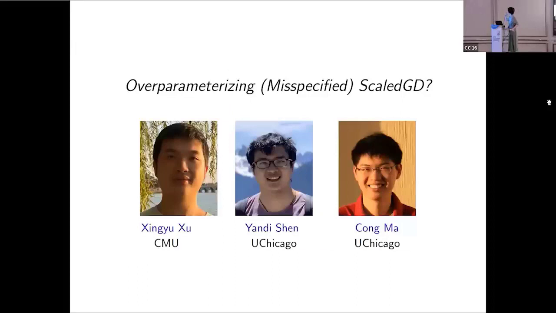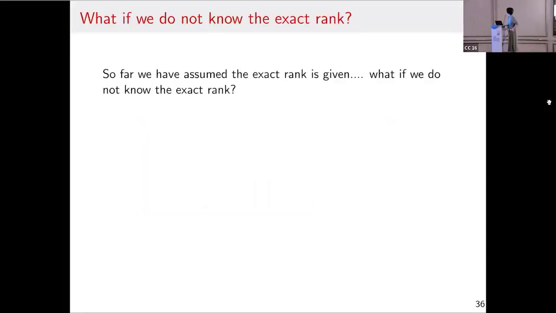So finally, let me quickly talk about the last aspect, having over-parameterization in this approach. For this, I'm going to revisit the matrix setting because it's easier to set up the stage. So far, I have been sweeping something under the rug. That is, I'm secretly assuming I know the rank to use for my problem. And in fact, if you do not know the exact rank of the low-rank matrix, this approach may fall